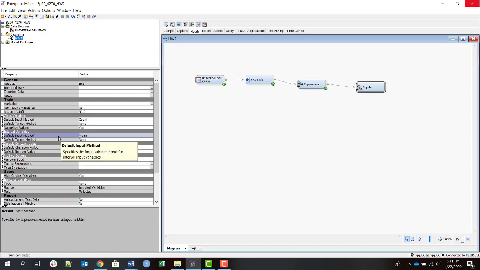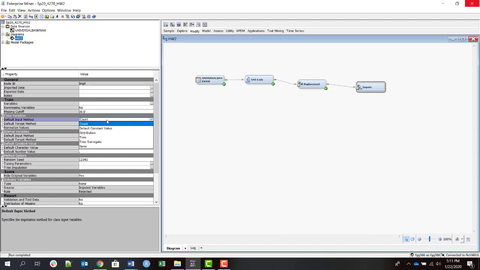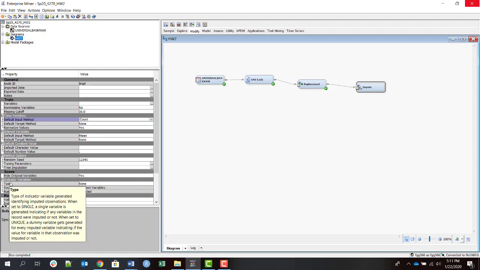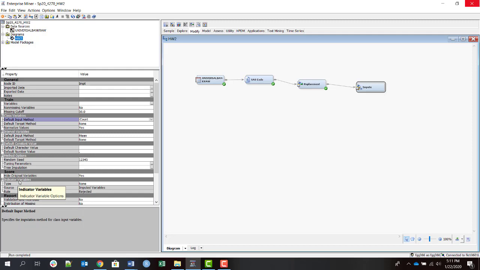Okay, so that is for interval variables, and again class variables default method, there are several, so I'm going to leave it at count. Another important setting that we have to look at is whether we want indicator variables for imputed column. So if there was imputed column,